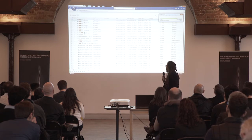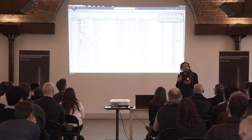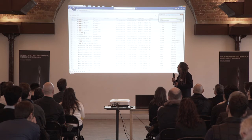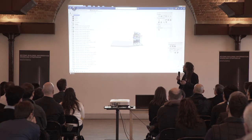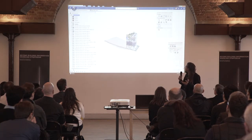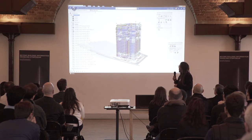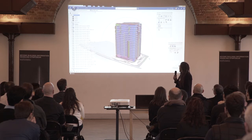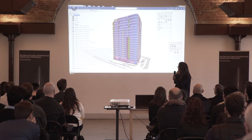They did have an online collaborative platform that they called G-Team, which is a little bit similar to this, but it was more of a visualizer. You could dump and compile your 3D models and other documents and visualize them and locally check things out, and create revisions. However, there were certain limitations to the collaborative aspect of that in terms of who had access to what data. So this is another residential tower,